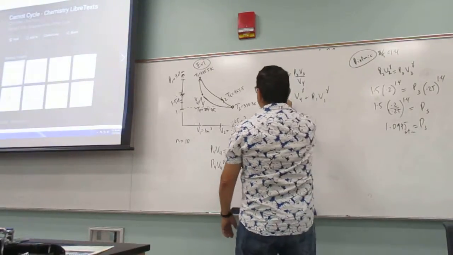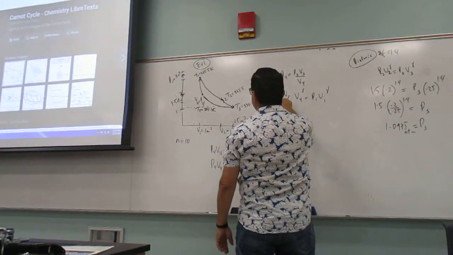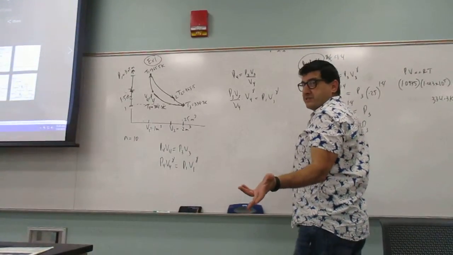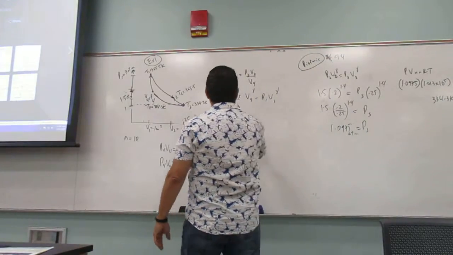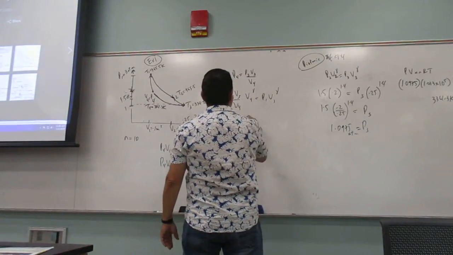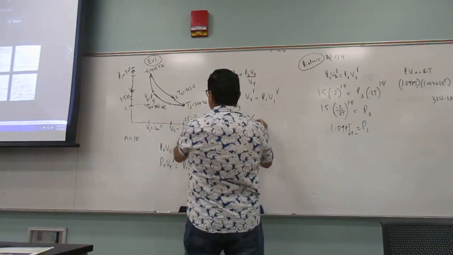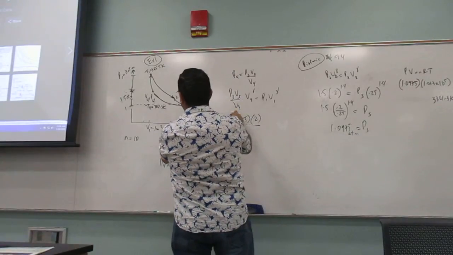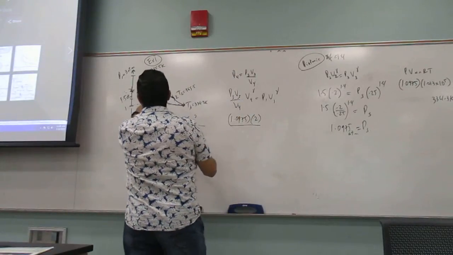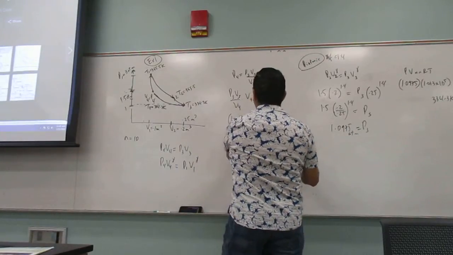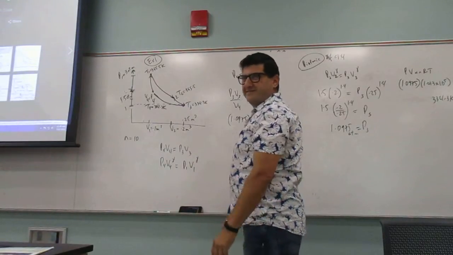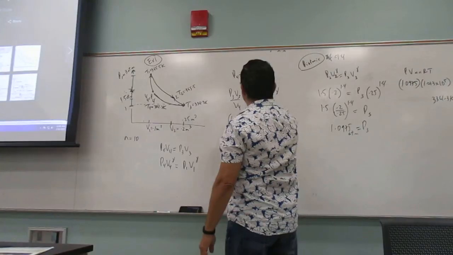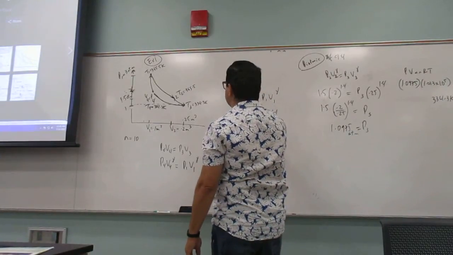So now P3 is equal to what? 1.0975 atmospheres. I might be able to just leave it as atmosphere instead of changing it to Pascal. So 1.0975 atmosphere. V3 is going to be what? 0.2. V4 is going to be, let's see, V3. Oh, V4, we're solving for that, right? So this is actually going to be V4 to the gamma minus 1, right? V4 to the gamma minus 1, right there. So then I just put P3, V3,